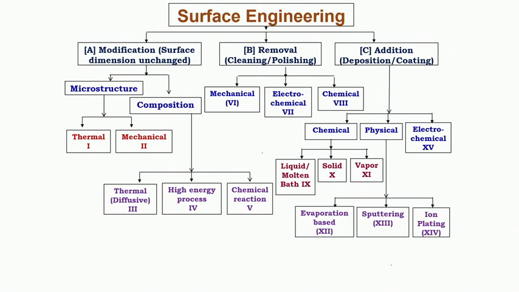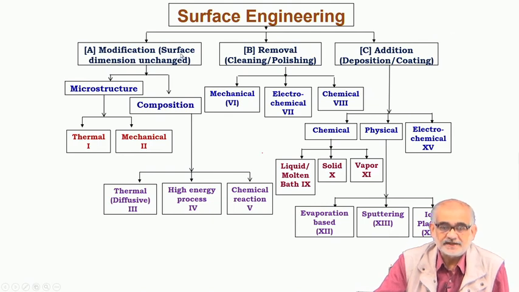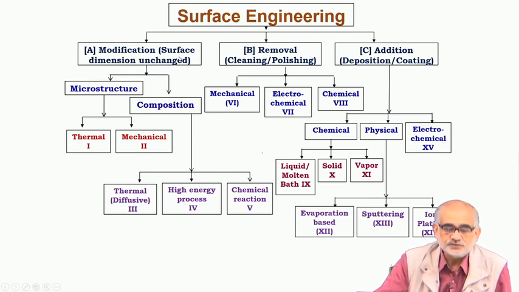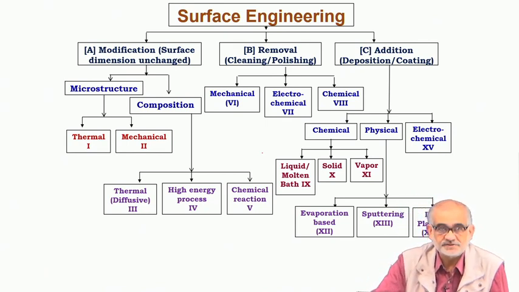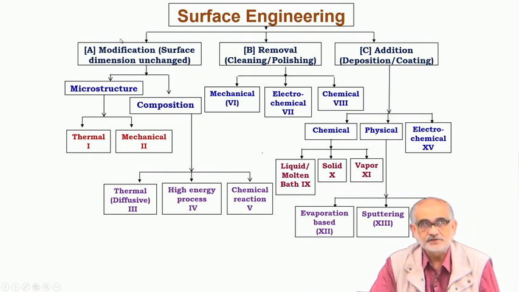And as you can see, there are three approaches, three possibilities. One is when we are modifying the surface, meaning the modification of the surface composition or the microstructure, but without any change in the overall dimension of the specimen. For example, the thickness remains what it is, and essentially we use either thermal or mechanical activation to change certain parts of the composition and microstructure of the surface alone. So, this is one possibility where we are basically changing only the surface microstructure or composition without any major change